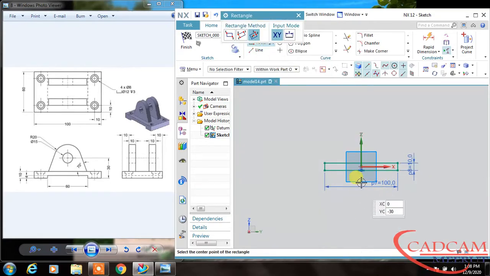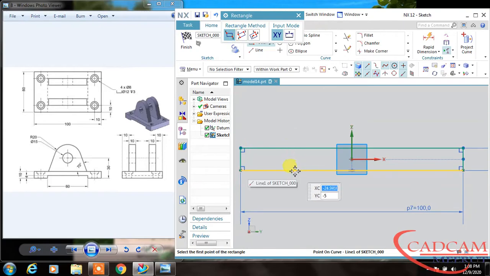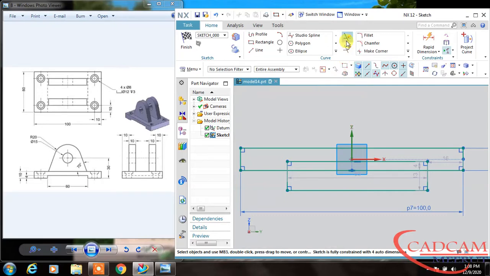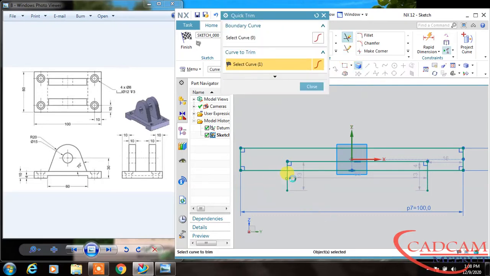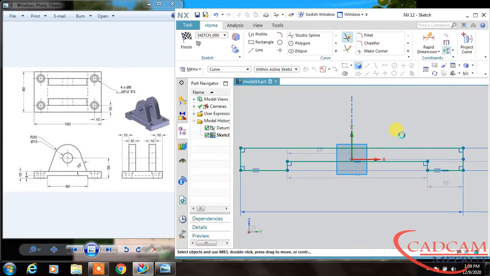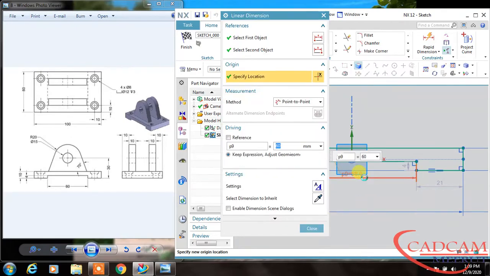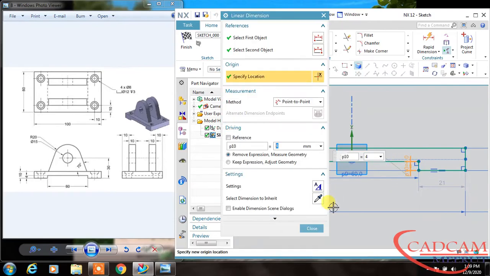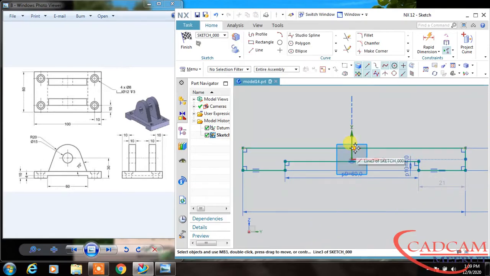Close. Again select another rectangle, and this time I will use okay, so here it is. Now dimension this. It will adjust symmetrically in both directions, and this depth is 4. Close. For this point and this vertical, both are constant. So my first sketch is ready.